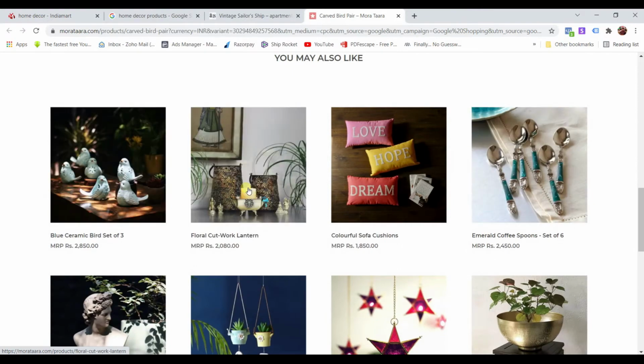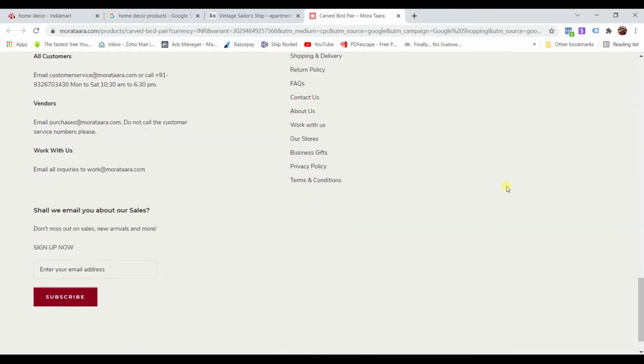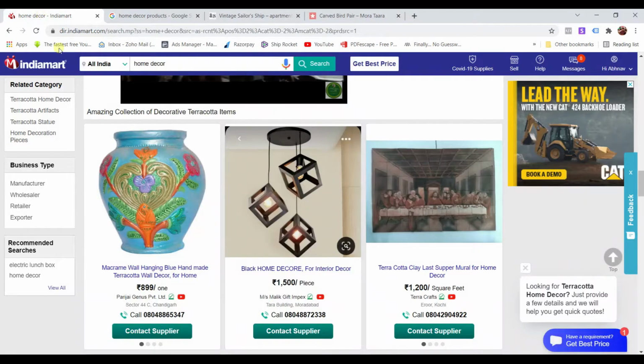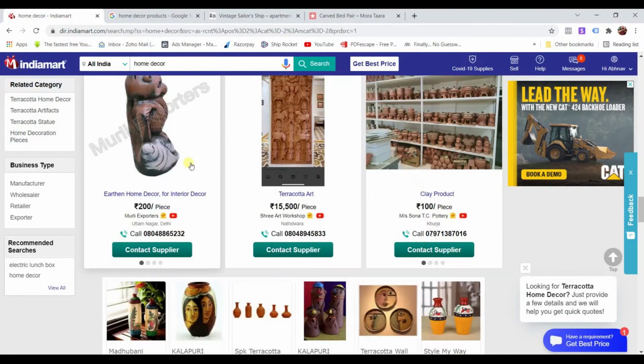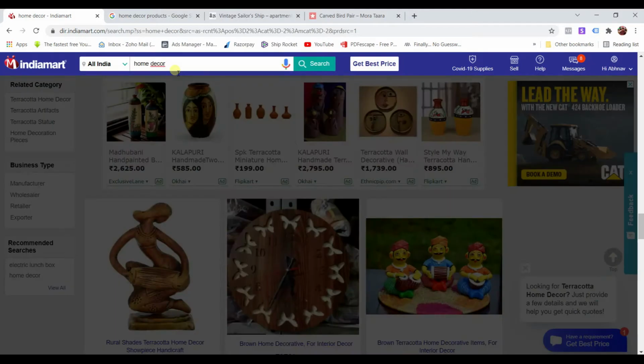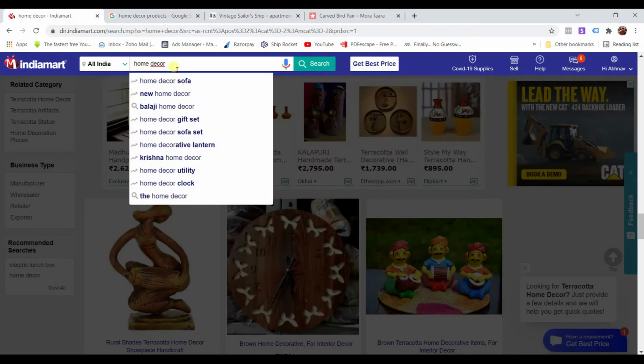They have different kinds of products, so if they are selling and making money out of it, you can do that as well, right? So the first method is checking the niche you have selected and finding related products in home decor. If you like, you can try some other niches as well, right? Maybe a gifting option,